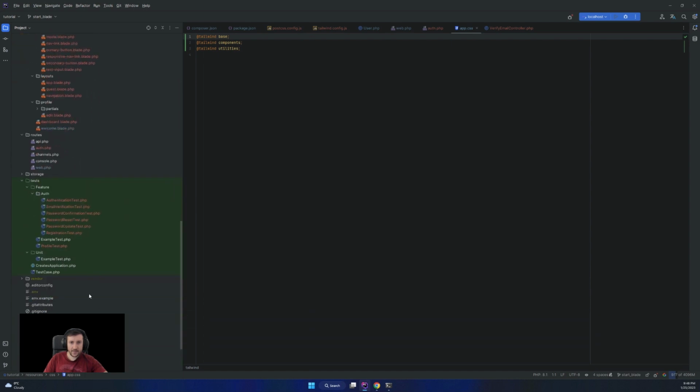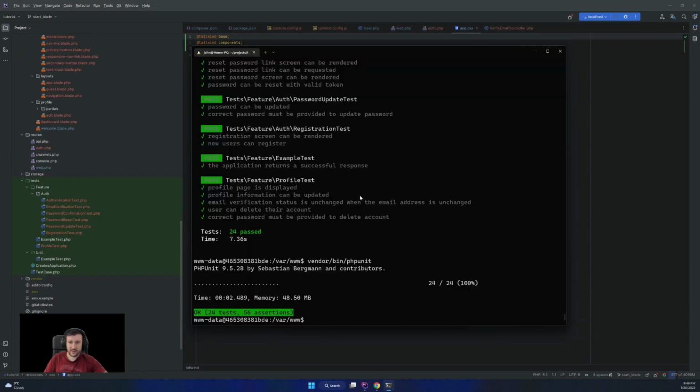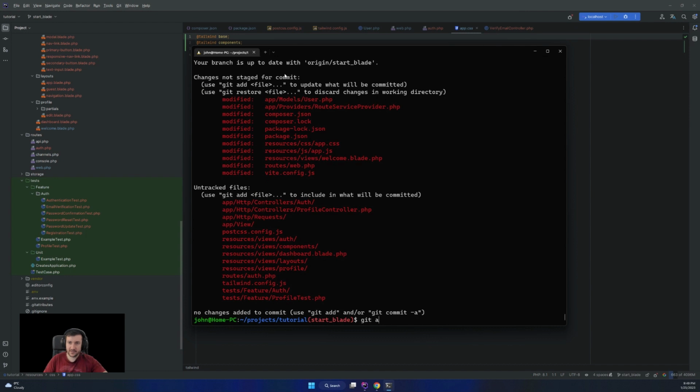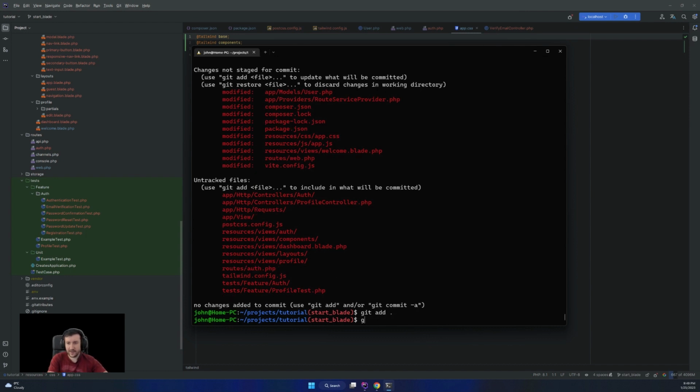I think that's all for today's video. Let me push everything. So yeah, this is everything that was modified. So adding all that to a commit, and this will be our commit for reference for our new video next time.